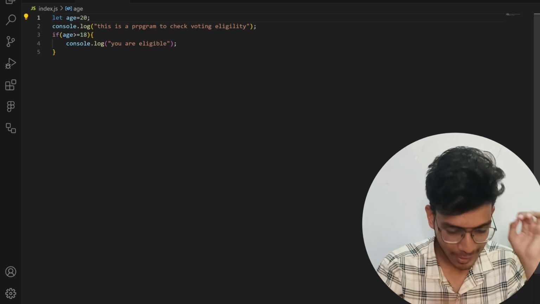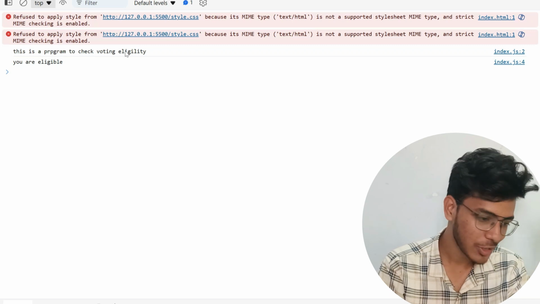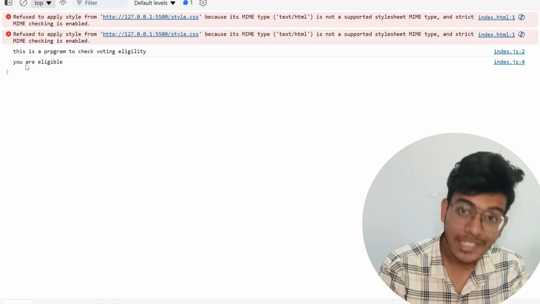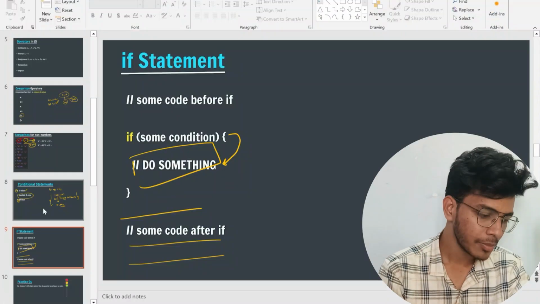Now let me save and go to the document. You can see that I am getting the output. This is a program to check eligibility, and you are eligible for voting. Like this, we use the if statement. Similarly, we have